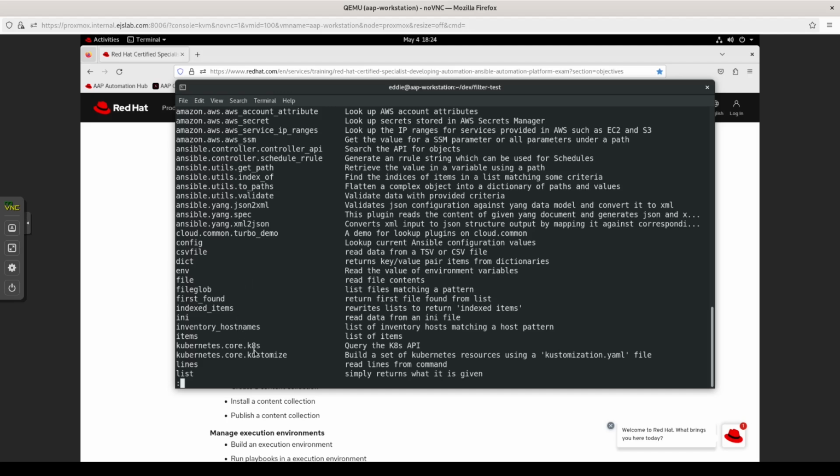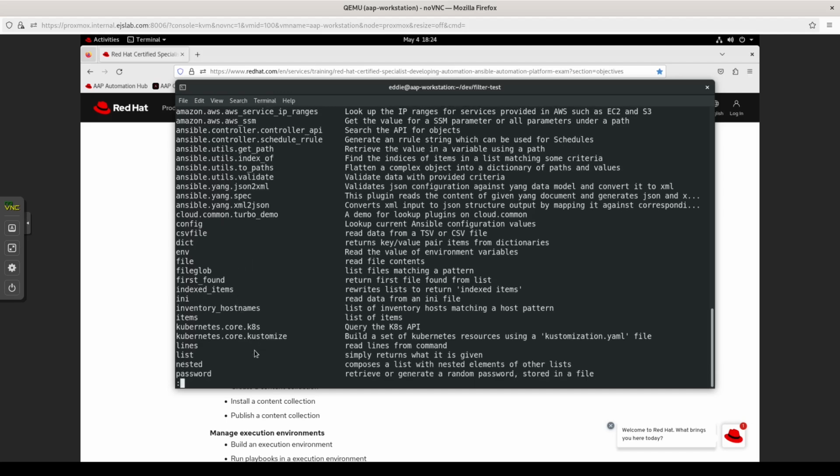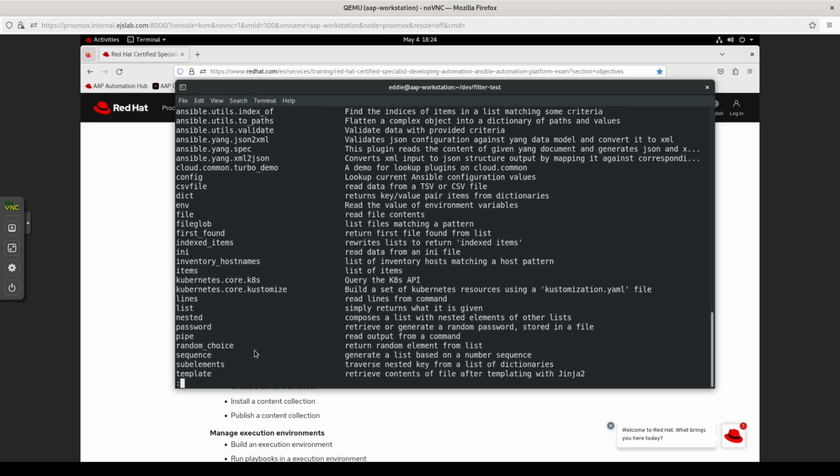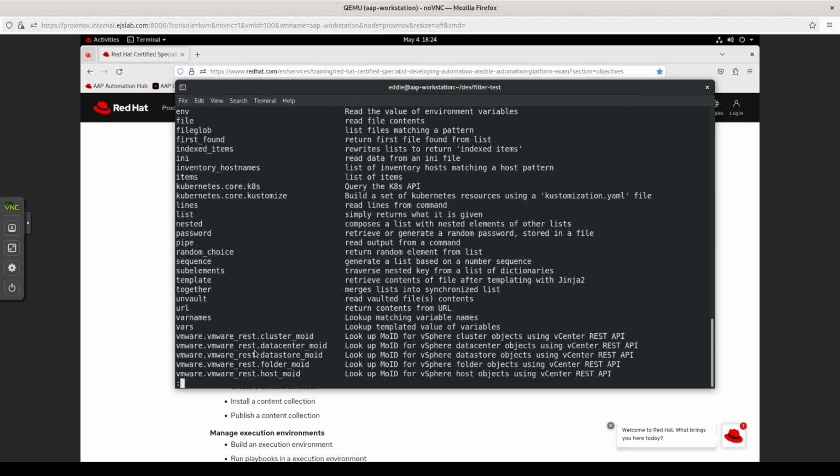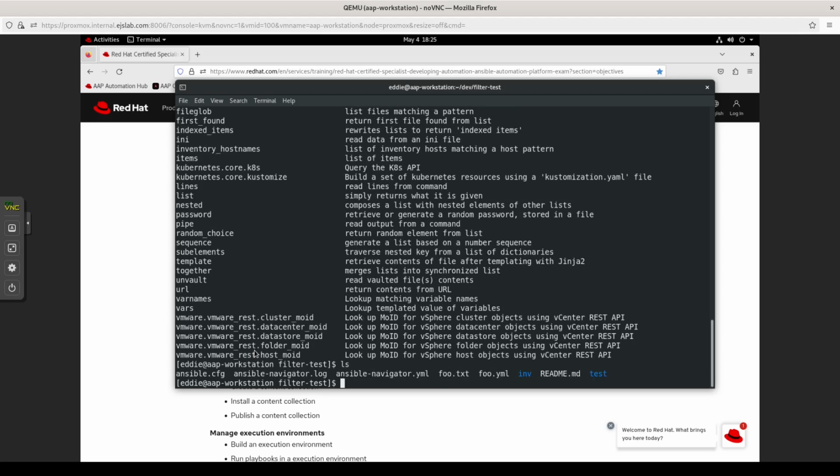Lines is a good one, I think. So let's take a look at lines. Lines is an interesting one. You can run a command with the lines lookup, and whatever it reads, it's going to read the lines back as a list. So let's do